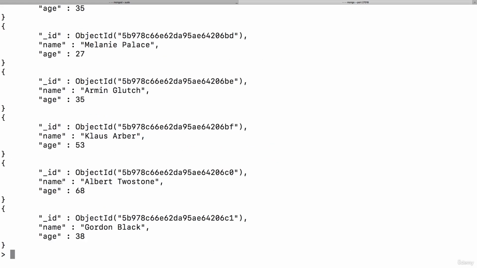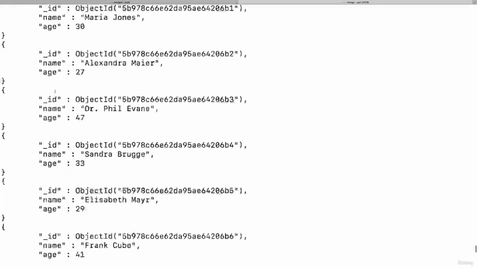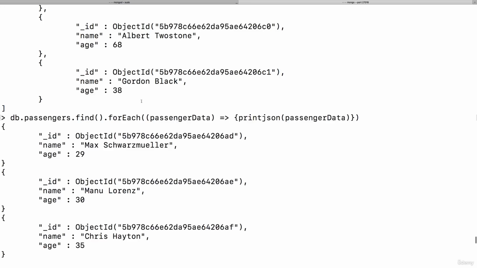And now we also get all the documents, because now what we're doing is on the cursor, which find does return, we execute the built-in forEach method to execute this anonymous method on every element. And the cursor will simply go through our entire collection, fetch all documents one at a time, execute that function on it, pass the document into the function, and then here we just happen to print it out like this. In your application with your favorite language,